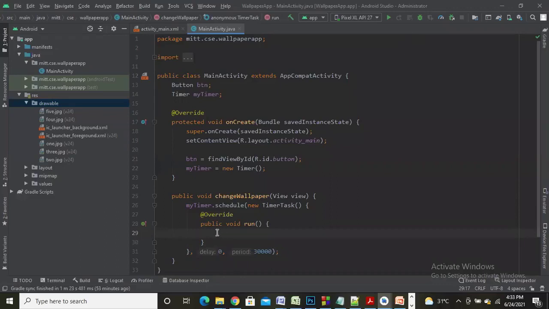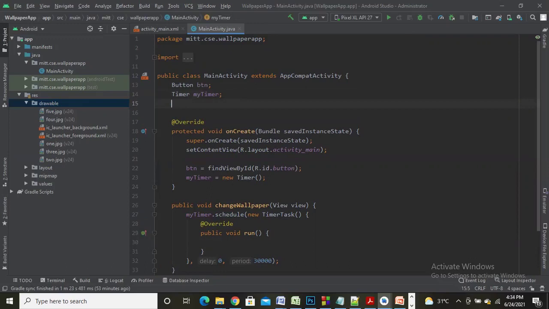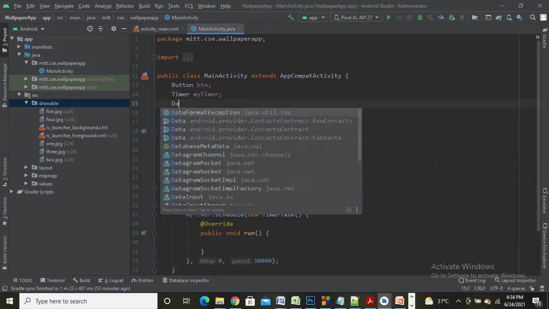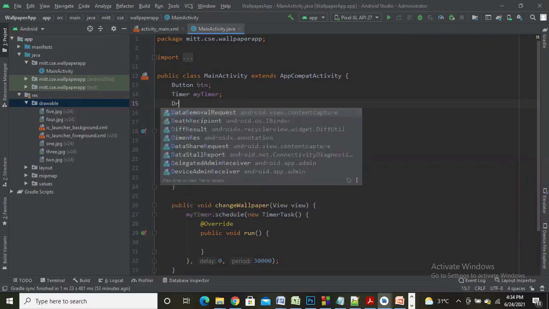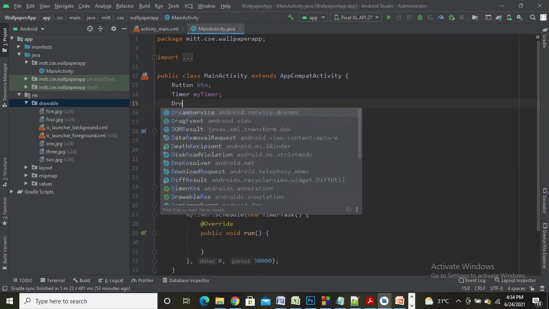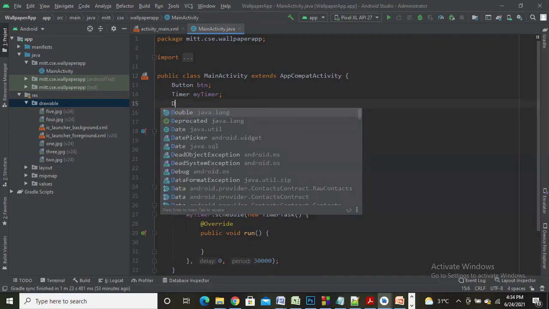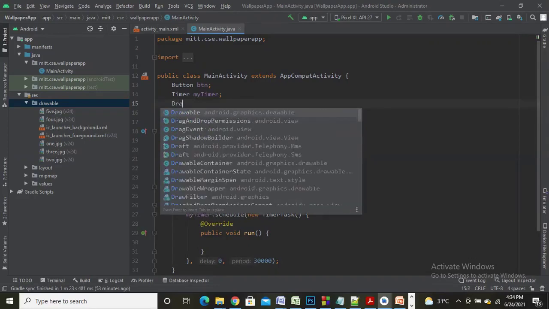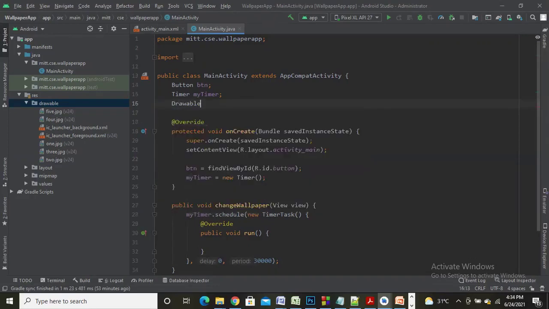Before we write code inside the run method to override it, we'll also declare a few more variables that are required for executing our application. One such variable is of the class type Drawable.